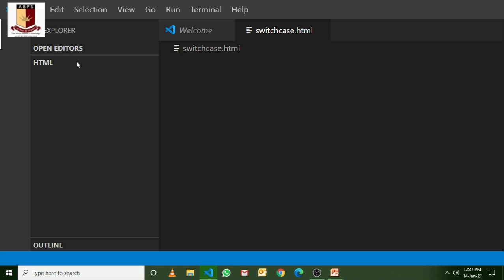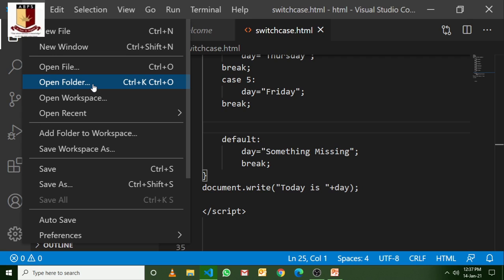Okay, let me select the folder where we'll make it. Go to File, open folder, wherever you want to store this. Suppose this one, looping statement, and this HTML folder.